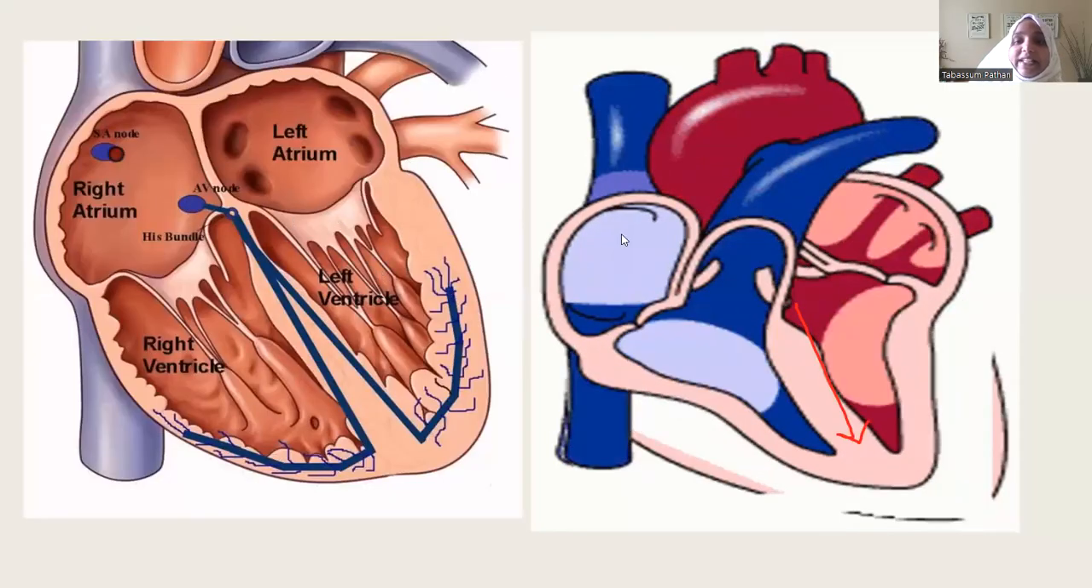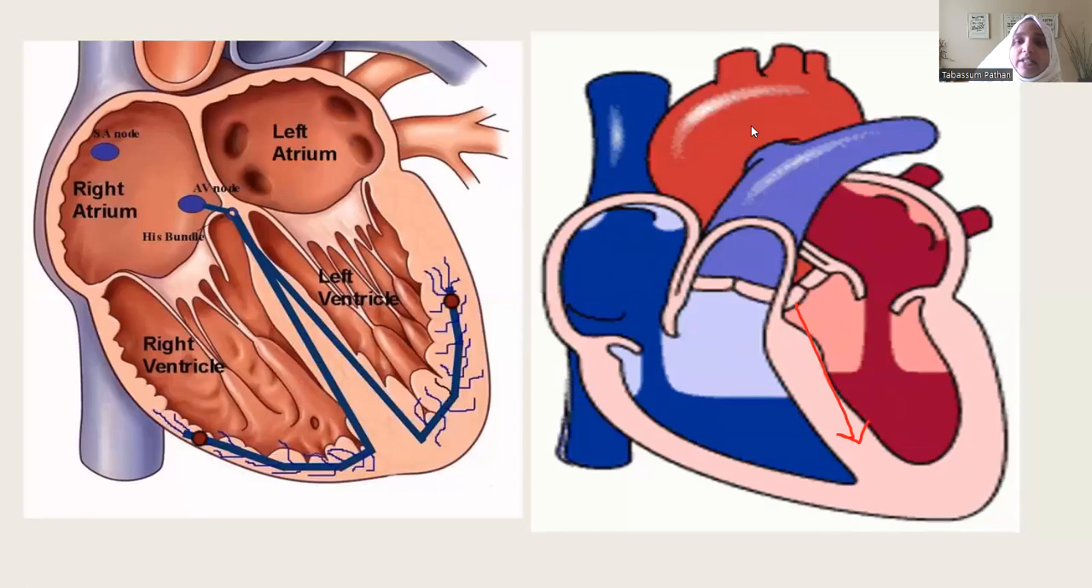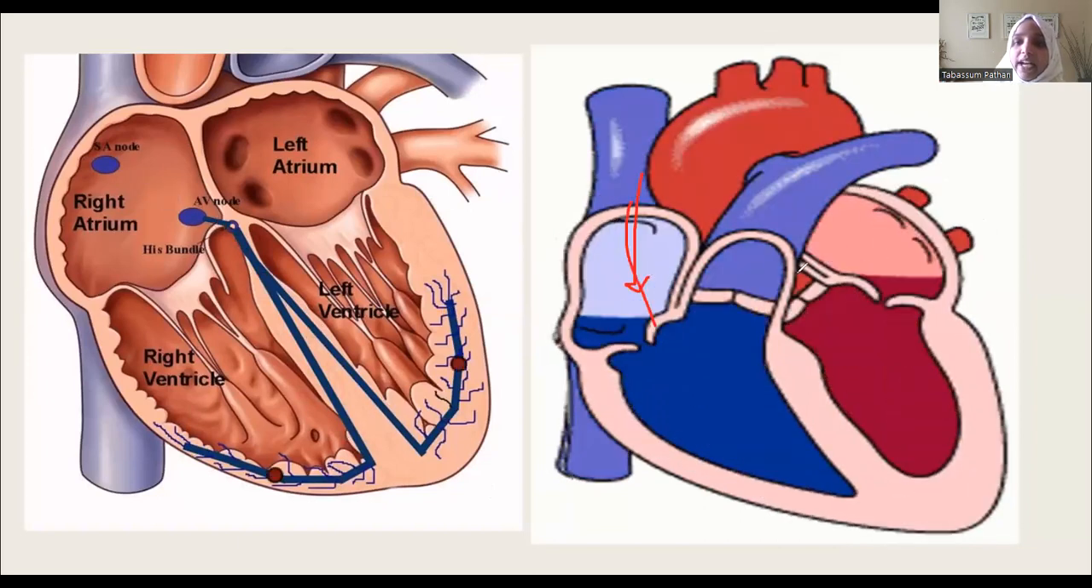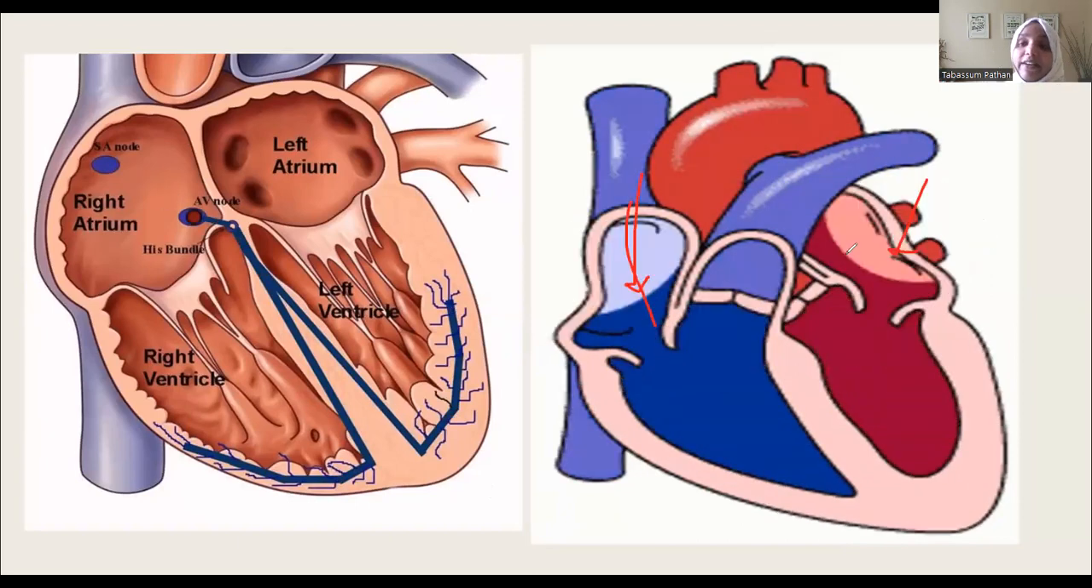So this is happening simultaneously. Okay, this is happening what? Simultaneously. The signal is being sent, and you can see the blood first coming into the auricle. Sorry, I was so sorry. I said this